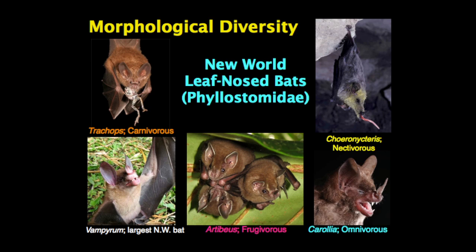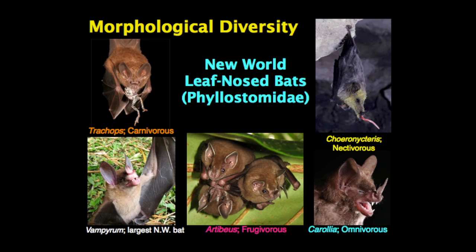Not to be left out, our second most speciose group, the bats. This is another fantastic adaptive radiation that most people aren't familiar with. These are the phyllostomid bats, the New World leaf-nosed bats, and these fill virtually every niche in terms of diet that can be filled, more than basically any other order. We have carnivorous forms that are specialists on amphibians. In the upper right there, we have pollen and nectar-feeding bats. That yellow stuff is pollen. You can see it's got a long snout for sticking into flowers.